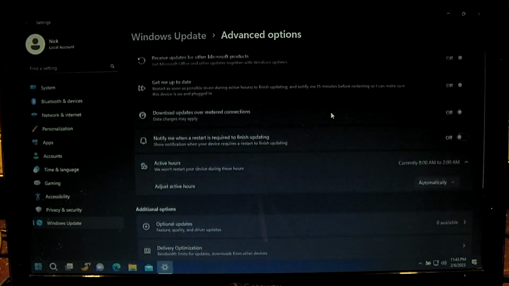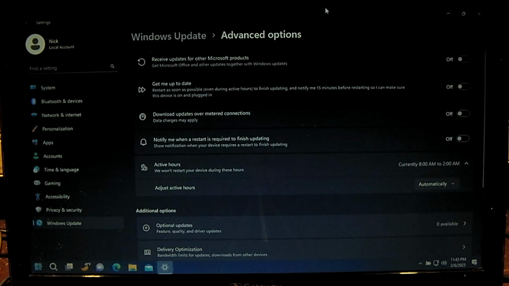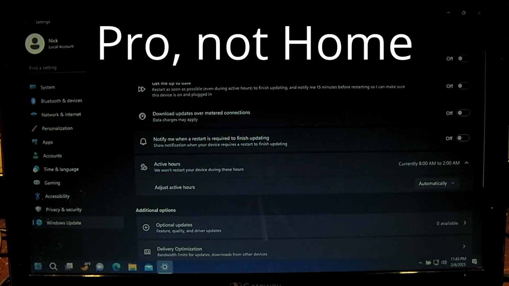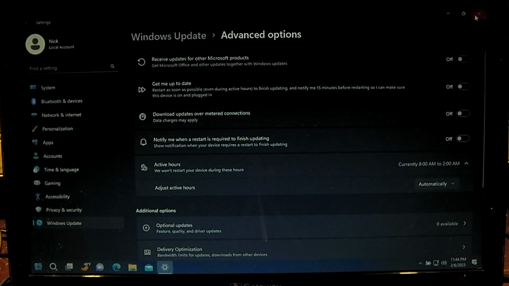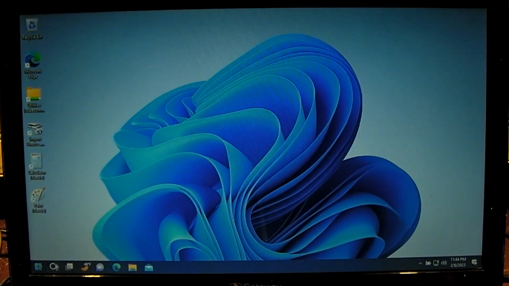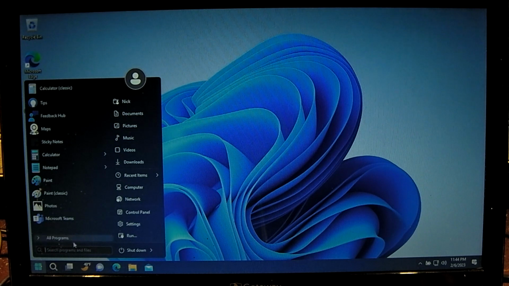But really, I do like on Windows 10 and Windows 11 Pro how you can just set the group policy to notify you to download updates. It doesn't automatically download updates. And I do have a video I can link up in the upper right corner where I apply this to Windows 10. So that being said, that is 6 ways you can make Windows 11 easier to use and more